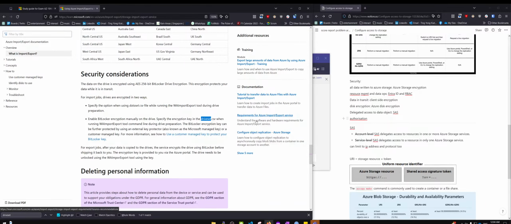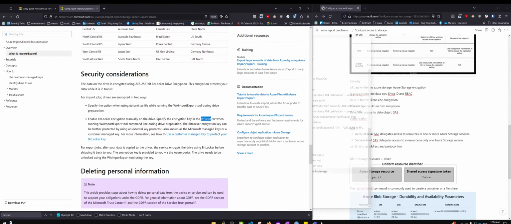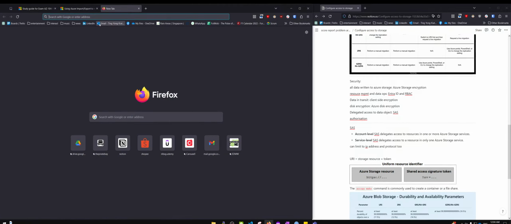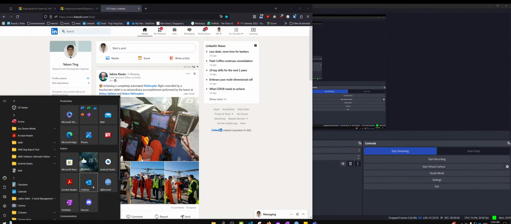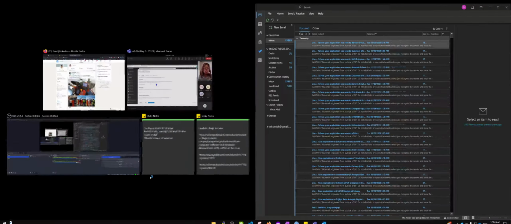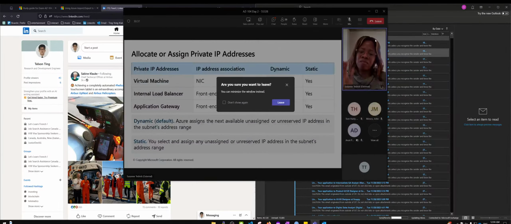balancing options within Azure. As far as private IP addresses, kind of similar in the same way in that we can apply private IP addresses to our virtual machines, again, at the NIC level. But we can also apply these to the load balancers that we talked about before. So thinking about load balancer and application gateway. We can also decide, do we want to utilize dynamic or static types of addressing, depending on what our needs are. And again, with dynamic, it's taking the first available unassigned IP address, whereas static, you are giving it a very, very specific